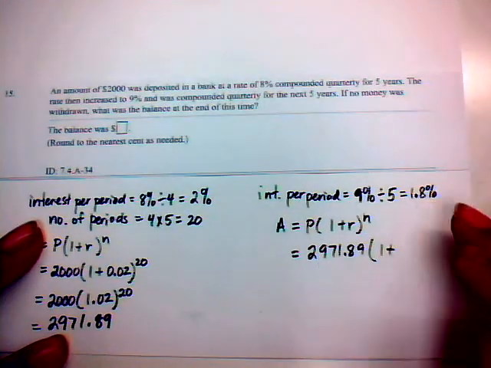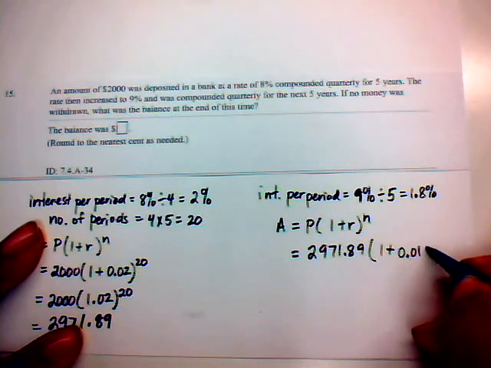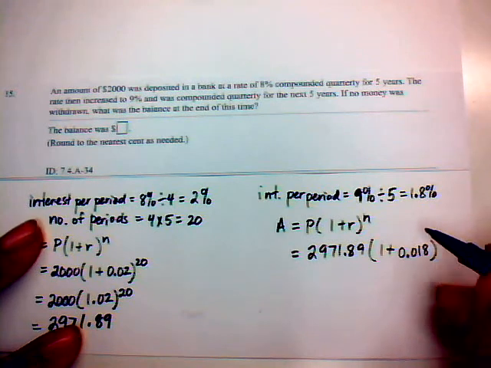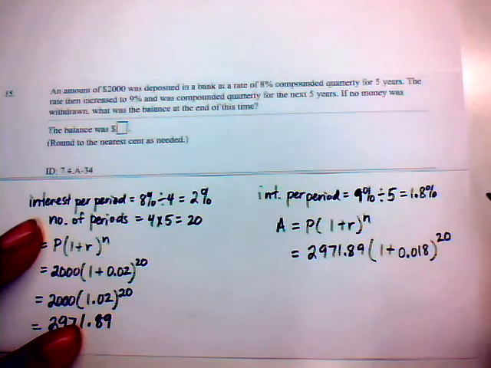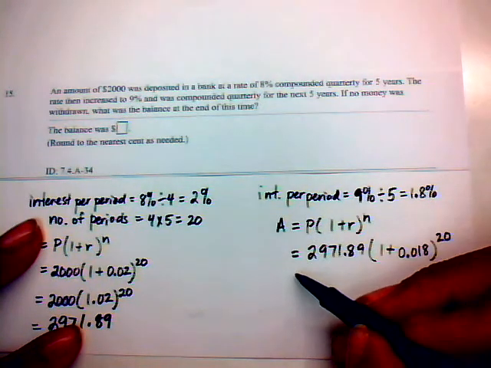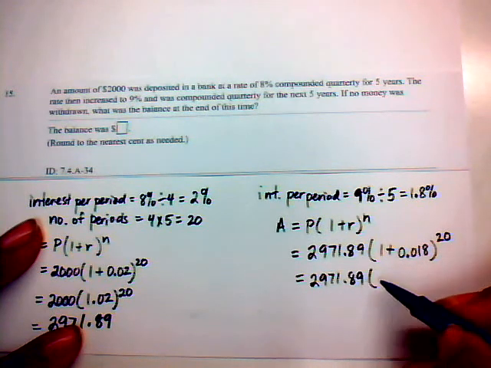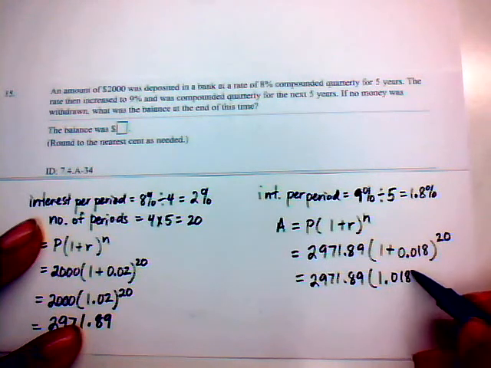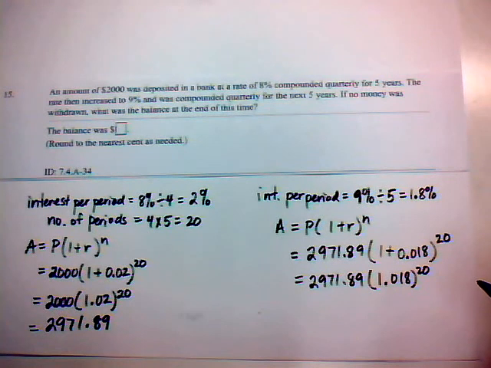And then that's going to be multiplied by 1 plus. Now the interest rate per period is 1.8%. So as a decimal, it'll be 0.018. And that's raised to the nth power. Still compounded quarterly for 5 years. 4 times 5 is 20. So now you got 2971.89. That's multiplied by 1.018 to the 20th power. And that will give you